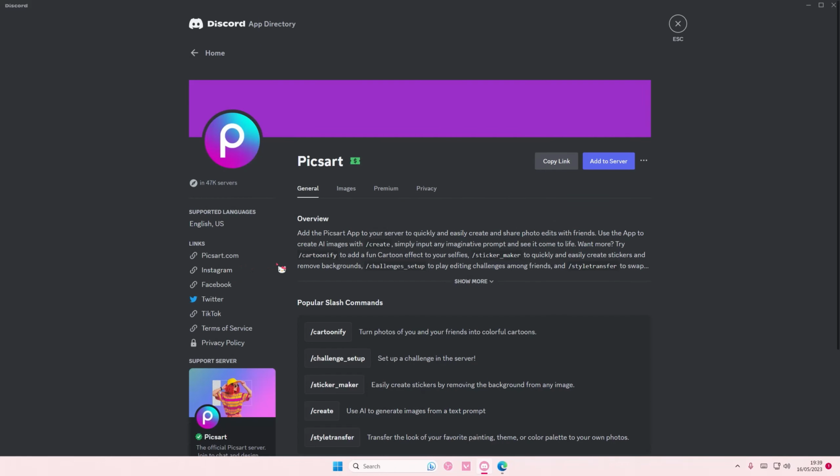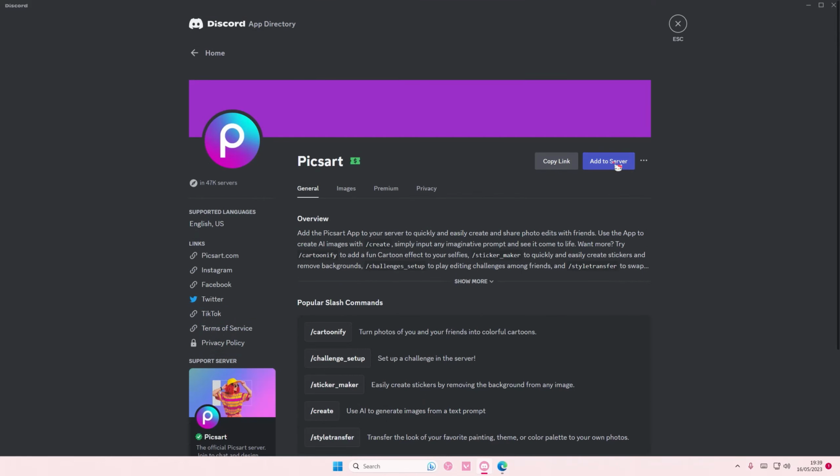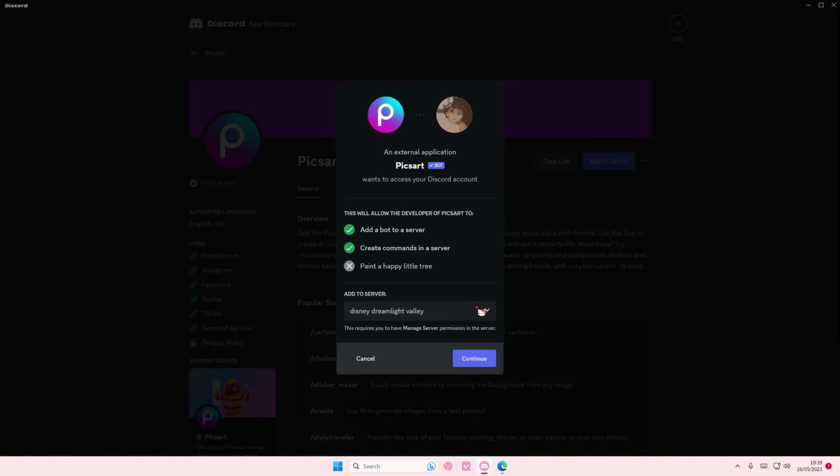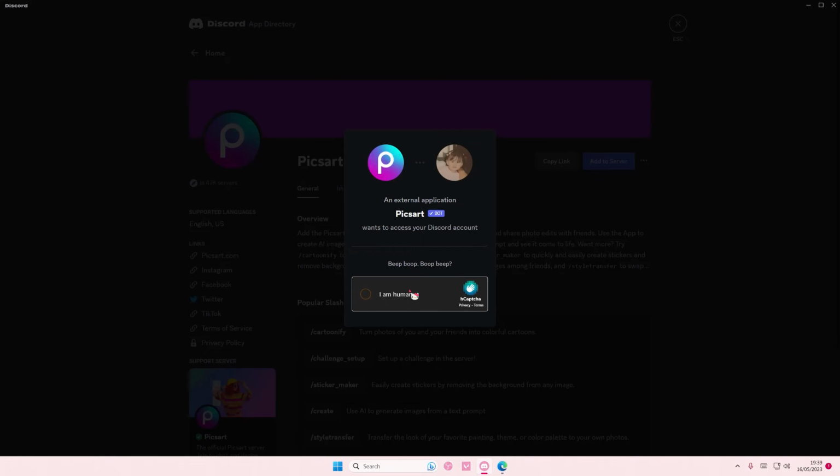I'm just going to view the Pixart app and I'm going to select add to server. You can cartoonify pictures, set up a challenge, make stickers, and create an AI generated image. And you also have the style transfer, and I'm going to select add to server and select the server you want to add the app to and press continue and select authorize. Select I am human,